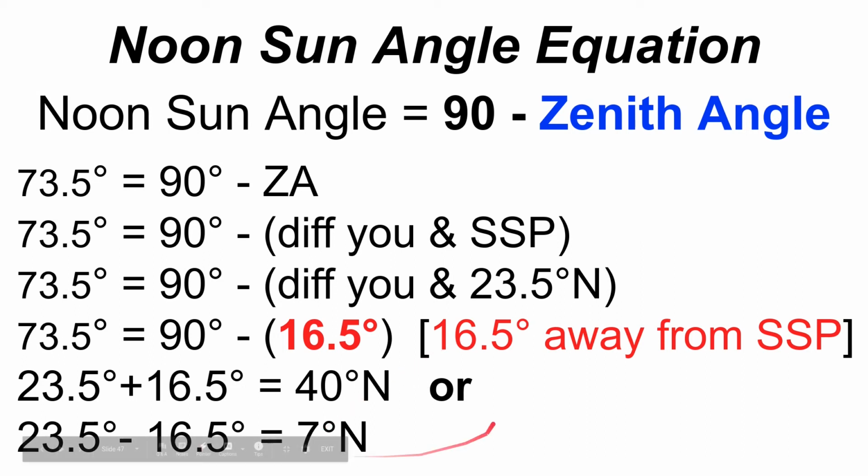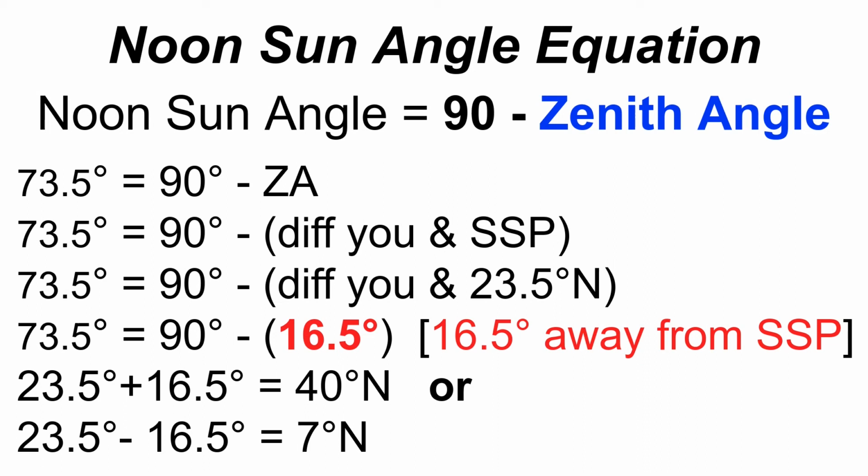So if the subsolar point is 23.5, you could either be 16.5 degrees farther north or 16.5 degrees farther south. So those 2 options for us to be are either 40 degrees north or 7 degrees north, because both of those are getting the sun at a 73.5 degree angle, because they're both 16.5 degrees away from where the subsolar point is. However,